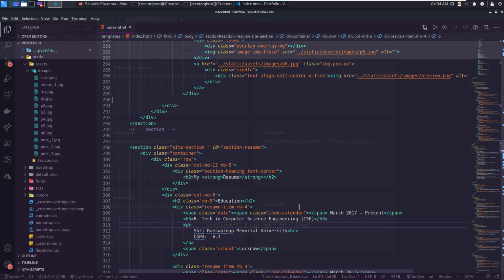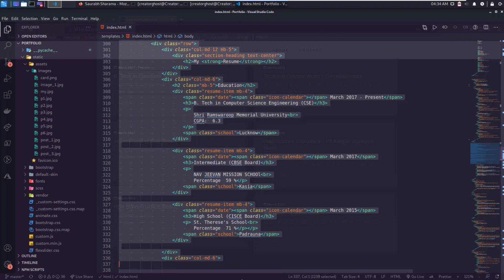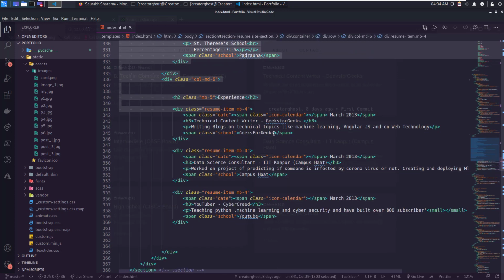I'm just going to go over it so you don't feel any problem in that. You can modify this whole section, and if you want to delete the entire section, you can do it by selecting and deleting it. You basically want to showcase your education as well as your technical skills on this website, so that the interviewer can have a look there instead of just going through your resume, downloading it and then going to the site.